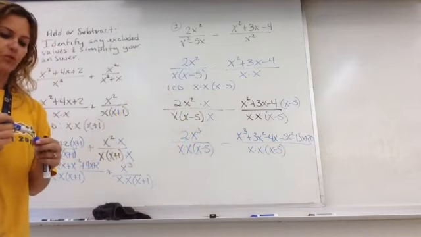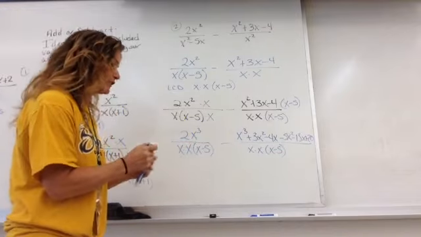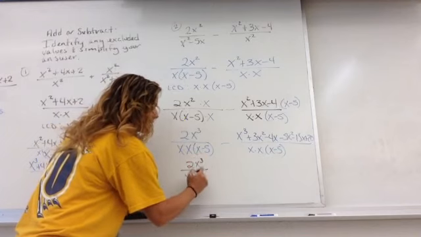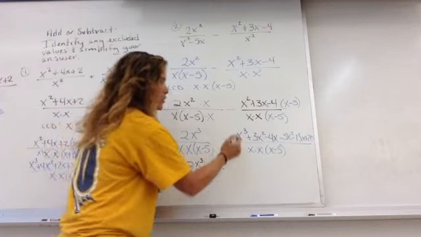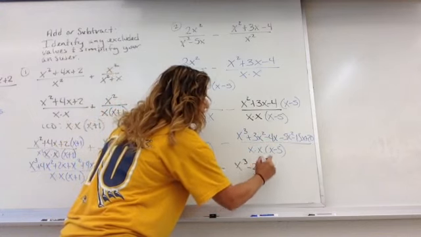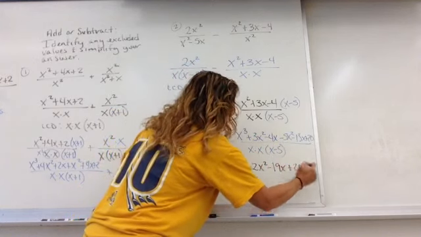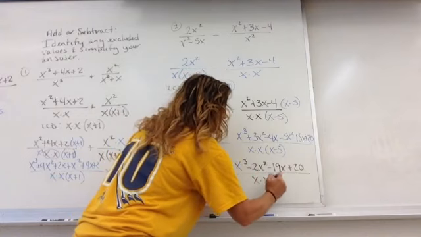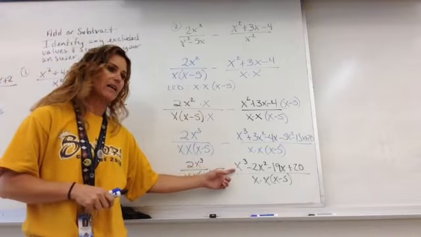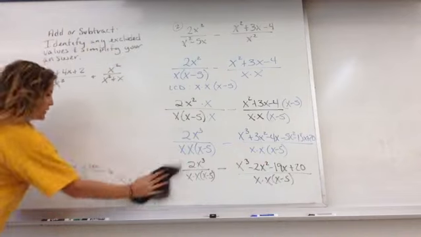And we are subtracting. The tricky thing with subtraction, I would actually simplify this numerator first. So we have a 2x cubed, bottom x times x minus 5. Here, that's an x cubed. 3x squared minus 5x squared is a negative 2x squared. Negative 4x minus 15x is minus 19x. Plus 20 on the bottom, x minus 5. Now, when you subtract, you cannot just subtract this. You actually have to change the sign all the way through. So I want to show you what that looks like